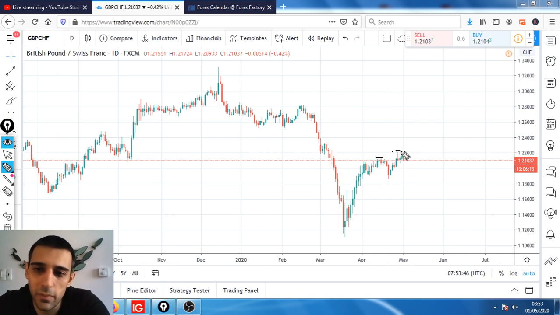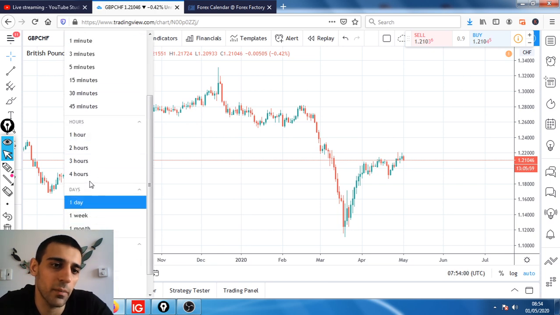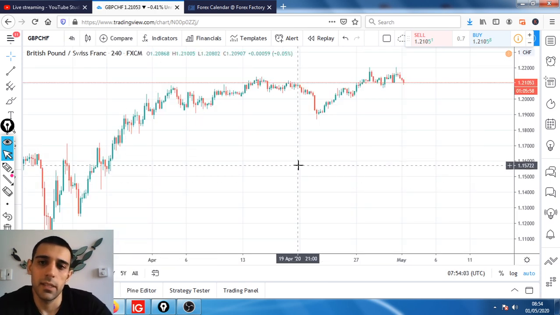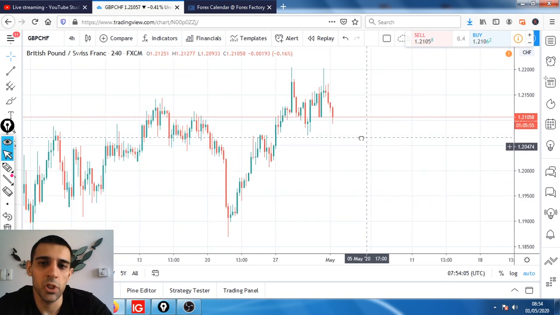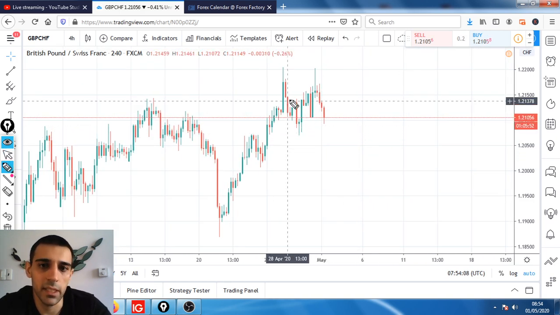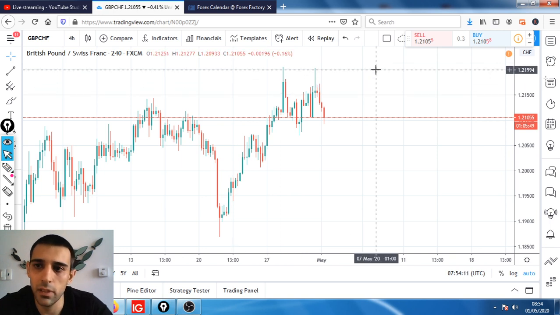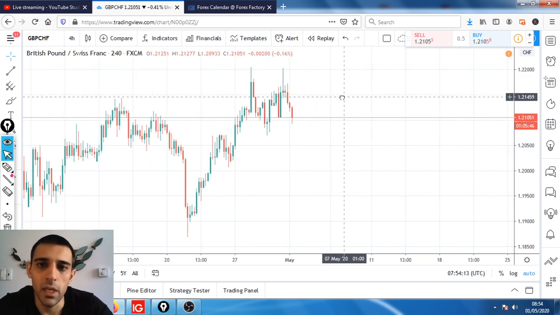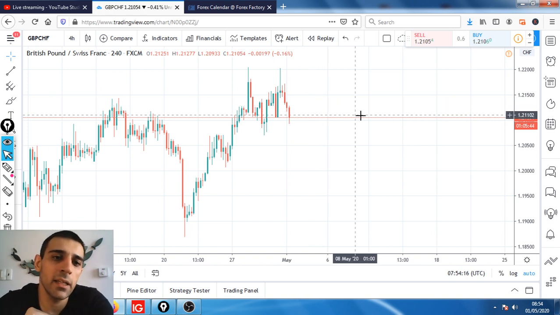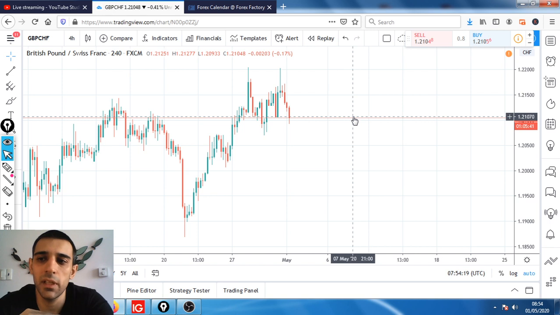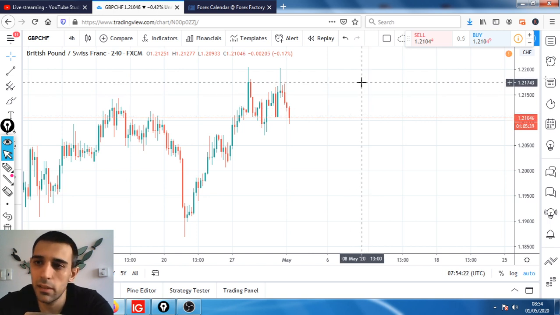Now it's been a bit choppy in here. We also had this sort of inverted hammer or doji candle, which is this one. Excuse my drawing. It's being slightly choppy. So let's go to the shorter time frame and see. Yeah, it's a bit of a choppy range in here. Well, the range is pretty good actually. Even sometimes when we've got a choppy market, depending on the currency pair, let's see what the range bound is on this one, 2175.